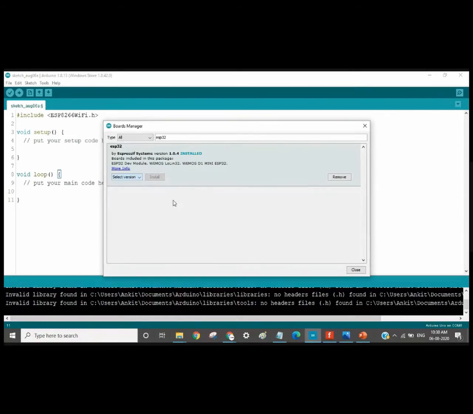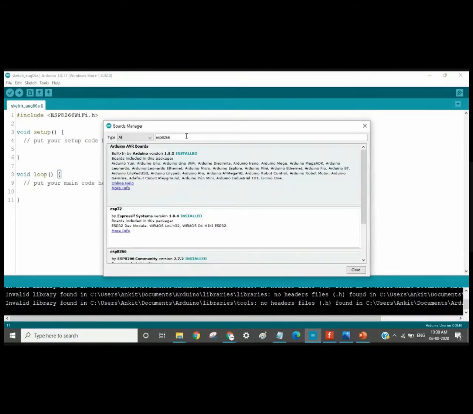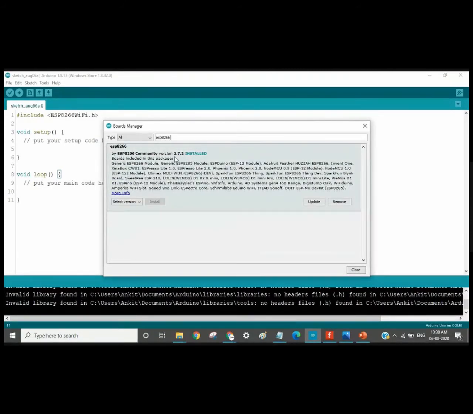Okay. So every time you install a new board, you don't have to do anything. But if you are overwriting a board, meaning if you are changing the version of the board, it is better you delete the previous version and then install a new version of that board. Okay. So first of all, you have to remove the board from this and then install a previous version or a new version. Okay. So here we have to have ESP8266, right? So this is also installed. The version installed by me is 2.7.2. Here you can see that all these boards are included.